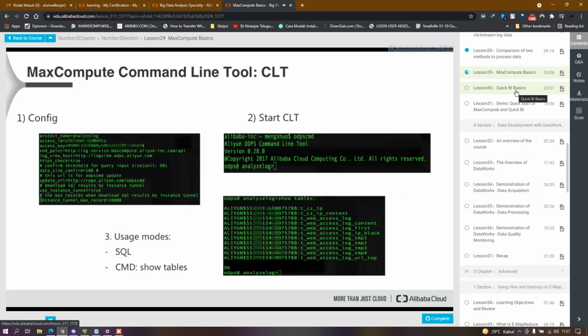Here is the MaxCompute command line tools, CLT. In the first step, you may do some configurations over the configuration file. There are 3 items you need to modify. The first one is the project name, which we have just mentioned. It is like a database name you are creating. And the second is access ID and access keys. We will explain that later. And the endpoint usually is the same. You don't need to modify it during your